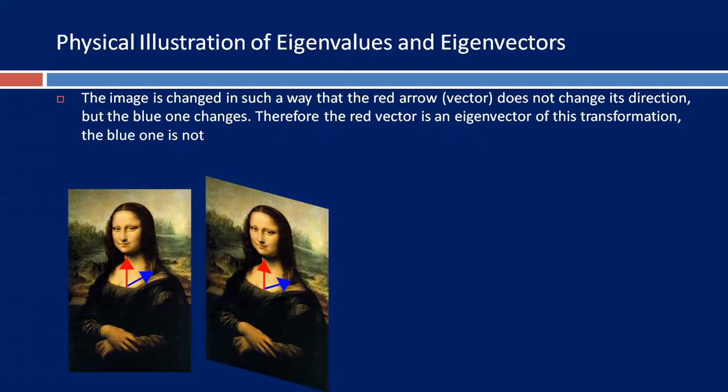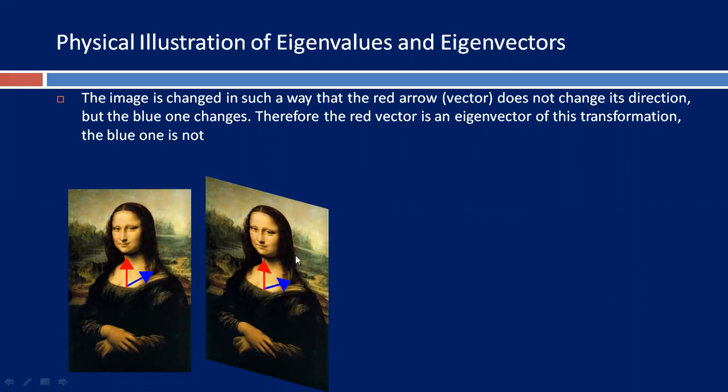From the change of direction, you conclude clearly about the eigenvector. So by changing the direction of the vector, the resulting vector is the eigenvector of the transformation. Okay, so blue does not change its direction, so it is not an eigenvector, but red changes its direction,